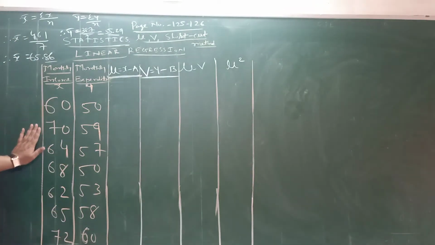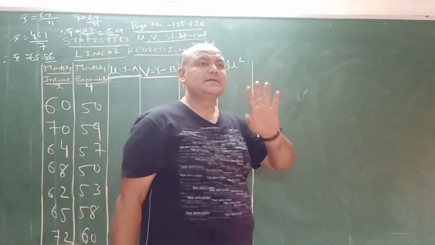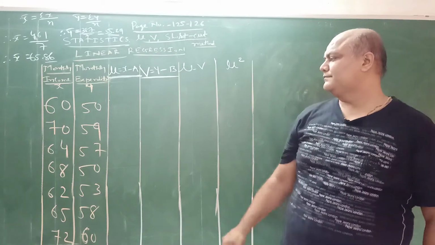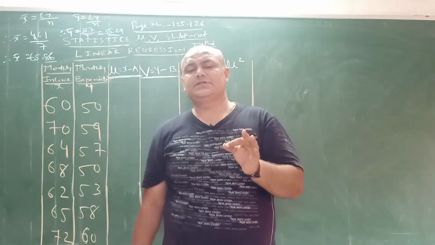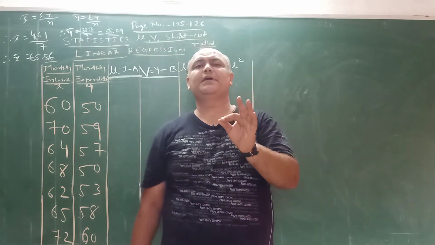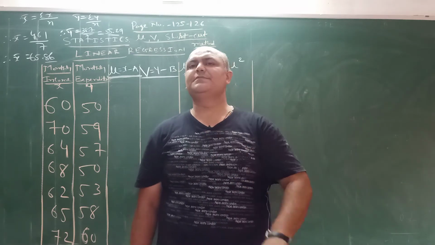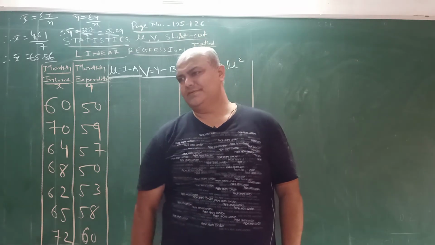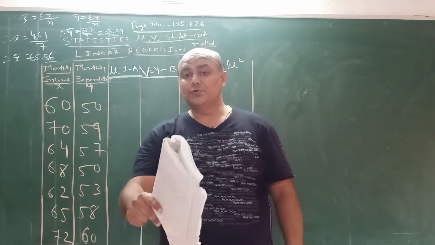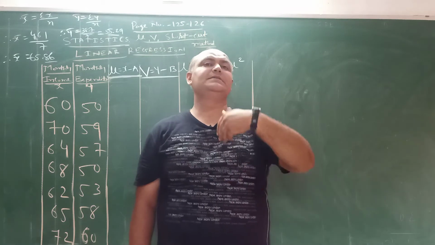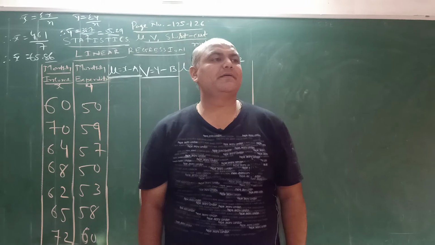My dear friends, here division is not possible. Now the question arises, sir, why is division not possible? Division is only applicable when all the digits are divisible by that same particular digit. Suppose all the digits are divisible by 2, then we have to divide. For example, if all the digits are divisible by 5, then we have to divide. If all the digits are divisible by 10, then we have to divide. If all the digits are divisible by 100, then we have to divide.